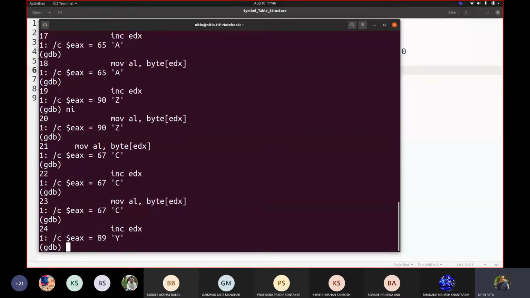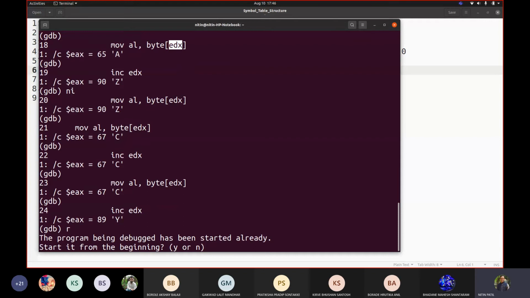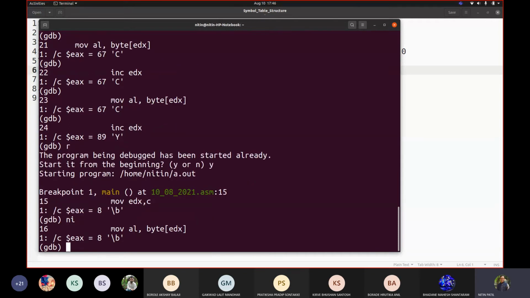So that means whenever you do this to hold a value, if I say run again, when we fire an instruction like this, move EDX comma C, it moved the address of C to EDX. And when I write here byte of C, ultimately what is C representing? The first character only.